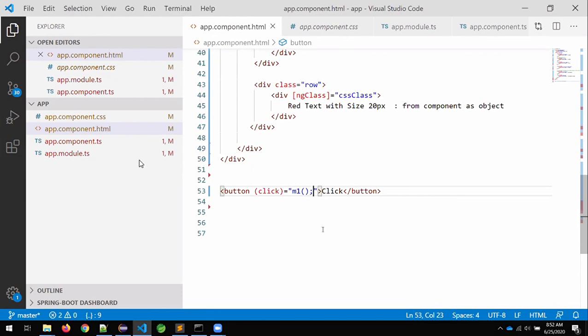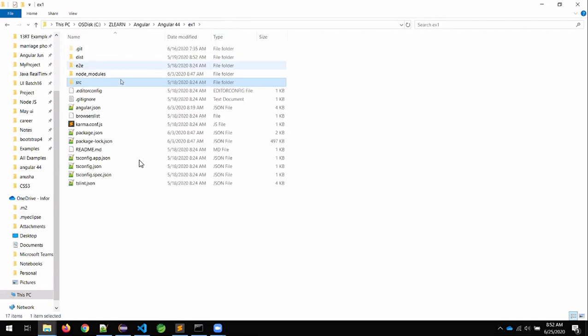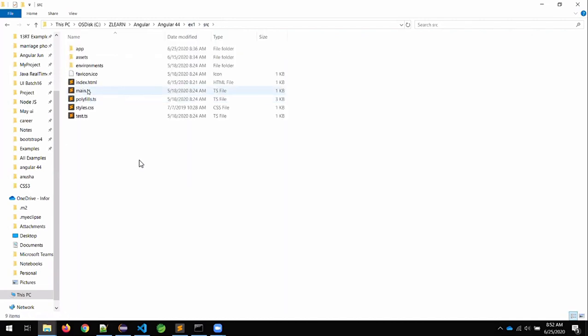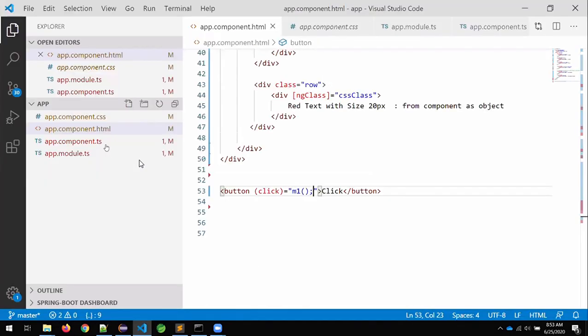It is not mandatory. We can modify this one. That is a good question, so let me show you. Example src. In the src folder, what file is there, sir? Main.ts. This is your starting file. Now observe, this framework generated code always refers to what file, sir? App module. It is available in which folder? The app folder. In the app folder, what is the file? App.module. Suppose you want other names, let me show you.